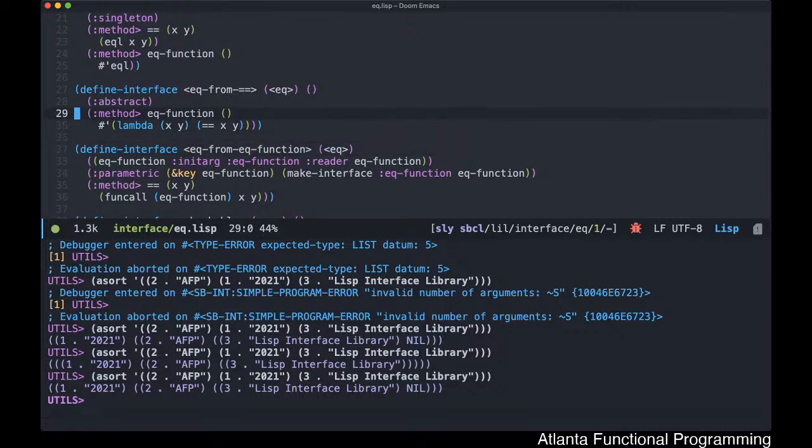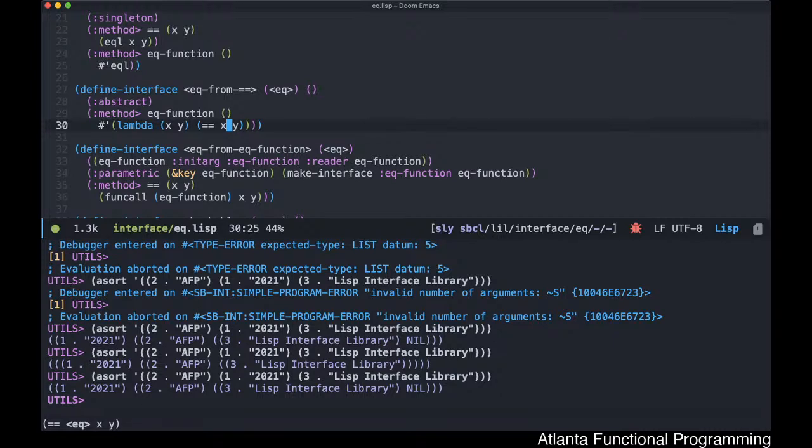It's just an abstract interface, but it's an abstract interface with a concrete implementation of a function that's specialized on EQ from equals. All right, and all it does is it will call for an EQ function, the equals operator, and as long as it's defined for your two types, because again, equals itself is an operator that has been added in the Lisp Interface Library that takes in an EQ interface object as the first argument and then these two other ones. It will then accordingly do the conversion and actually call the generic function that's specialized on those two, on that